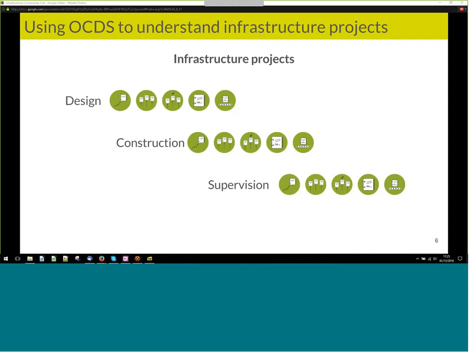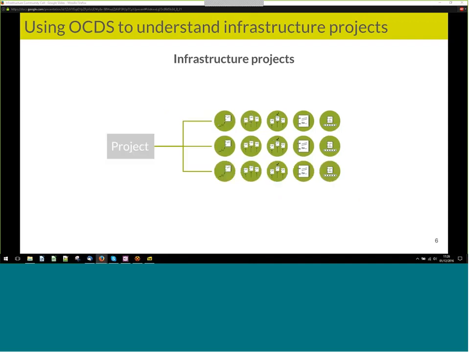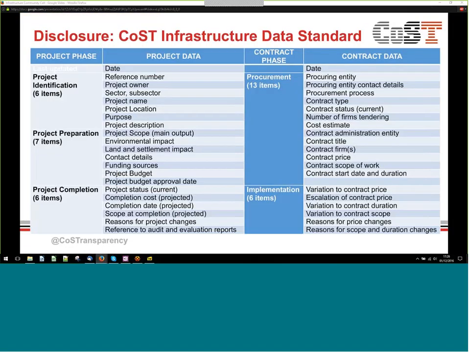Yeah, what we're trying to do at the moment is just look at the Tier 1 contracts, so principally around the design, contract, construction, and supervision. We haven't gone into subcontracts, but we know that that is often where a lot of the murky stuff is as well. So I think in due course we can start looking at that as well. It'd be quite interesting to get into that level of detail once we try this out at a high level. And then moving on, if you go on to the next slide,